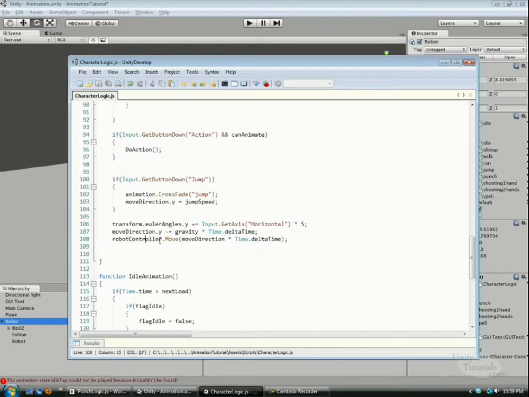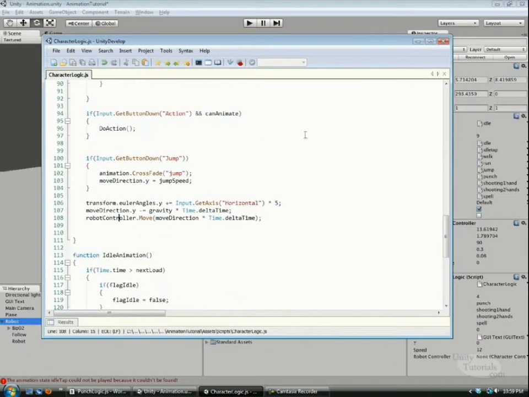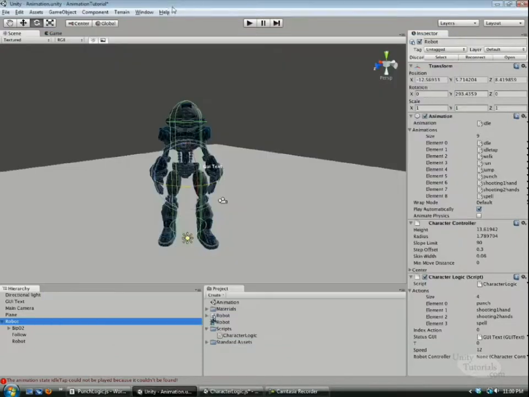So the robot controller has a move function on it, and the move is a complex function. It basically takes a direction and you need to multiply it by delta time so everything works good. There's also a function called simple move, but that just moves it with speed, and that's not what we want for this. You can find all those functions and even more